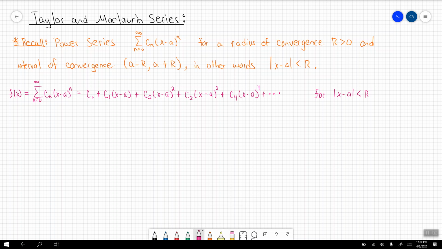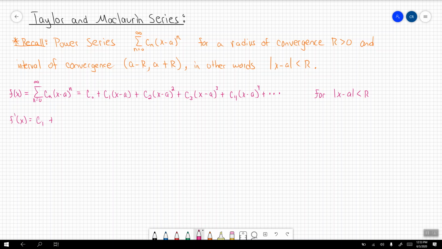I want to start by looking at a derivative. So I want to start by looking at f prime of x. Let's make this a little bit nicer. Here we go. So I want to start looking at f prime of x in this particular case. Now I did this term by term so that we can start seeing what's happening to each individual term. As I take the derivative of the constant term, that's going to go to 0. As I take this derivative with respect to x, remember x is the variable, we just get c1,